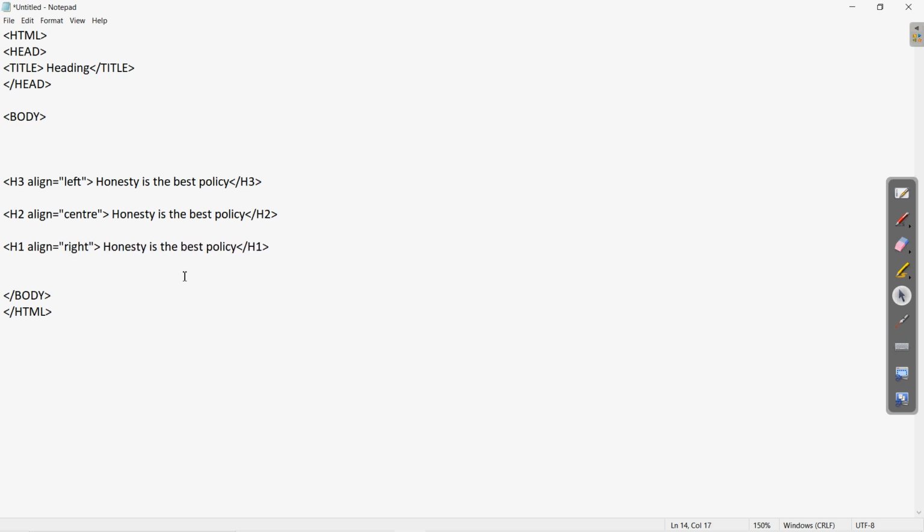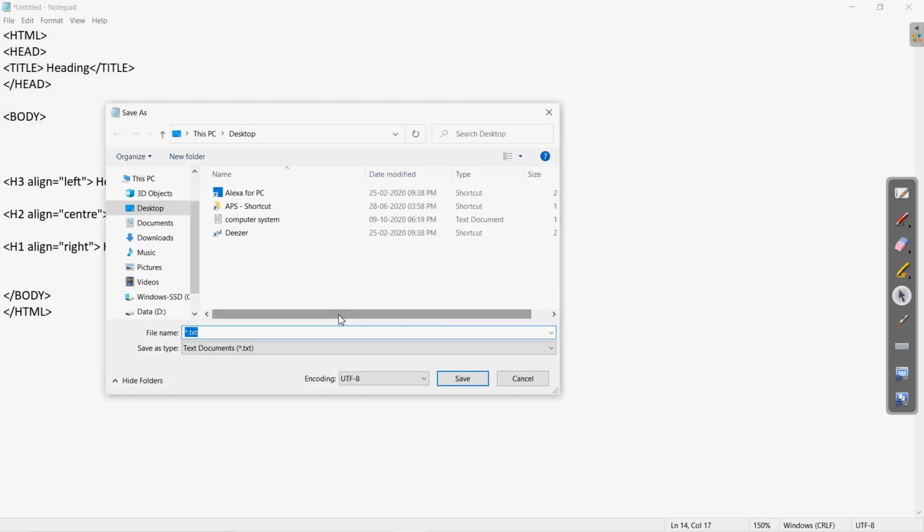So these are the 3 alignments for these headings. Now let us save this program with some name. We can write heading alignment or something like this, head align. Whatever name we want to give, we can give, and save with .html. Okay, and press save.